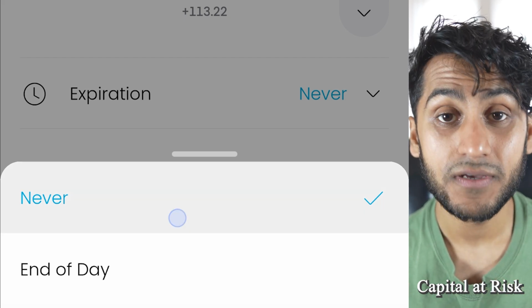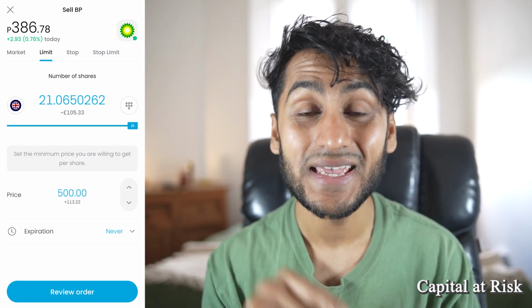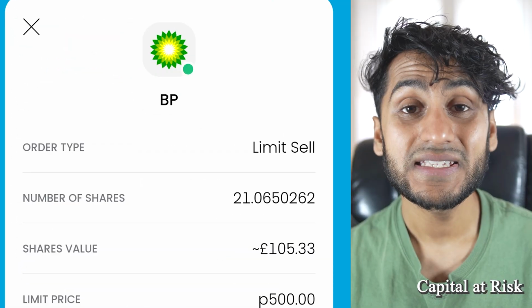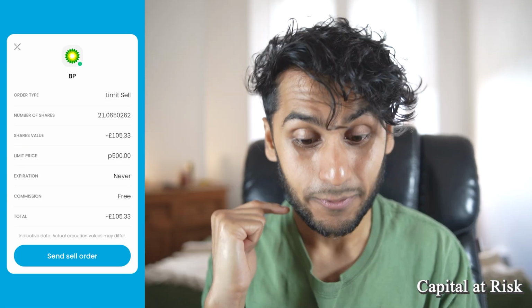The other is never, which means that this limit sell is not going to expire and it's going to stay active until it hits 500 pence, if it ever does that. Now I can press review order here. So as you can see, this type of sell is a limit sell, which means if the price hits 500 pence, which there is no guarantee that it will ever hit, then Trading 212 will try to execute at 500 pence, and I should receive around